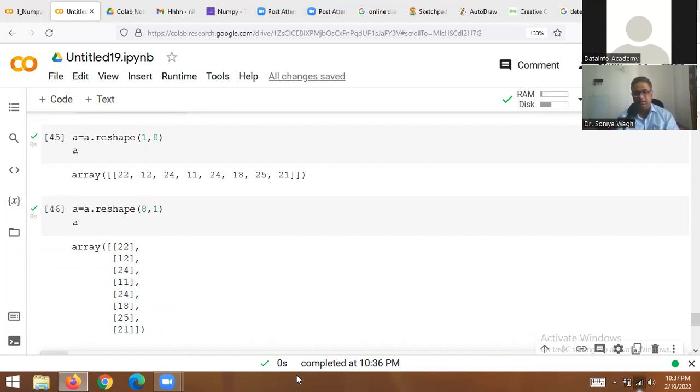Yes, there is a function called this one. See, there are